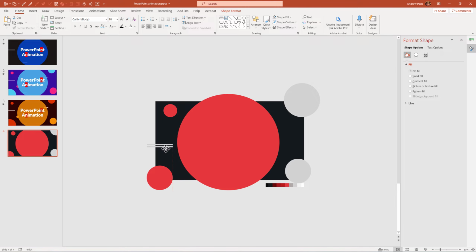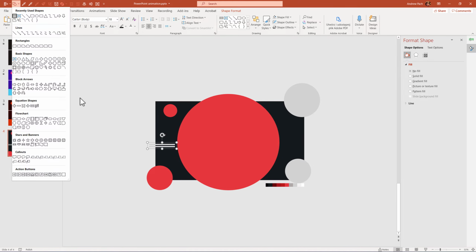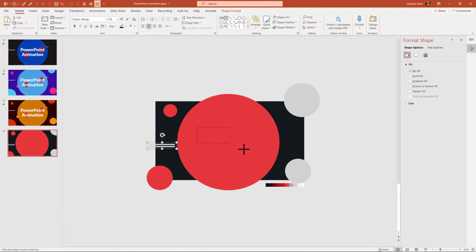I'll duplicate this a couple of times, but maybe let's do that later because we will still apply animations. This tutorial is mostly about animation. Of course, for the text in the middle, I need to simply insert a bigger text box. I created it like that. I simply clicked on the text box in the middle, white text. And for the font, I've used Lato Black, but of course you can use a different font. I made that bigger